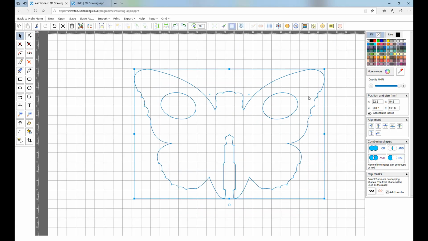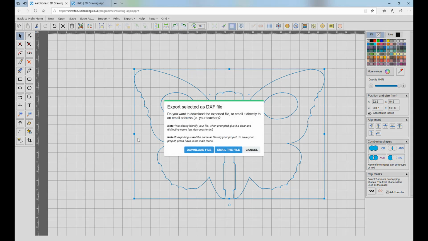Select the parts of the image that you want to export. I can select as a project, which exports the complete drawing screen, or select it as DXF, select it as SVG or PNG. In this instance, we're going to look at selected as DXF for laser cutting. We now have three choices: download a file, email the file, or cancel. Download the file,